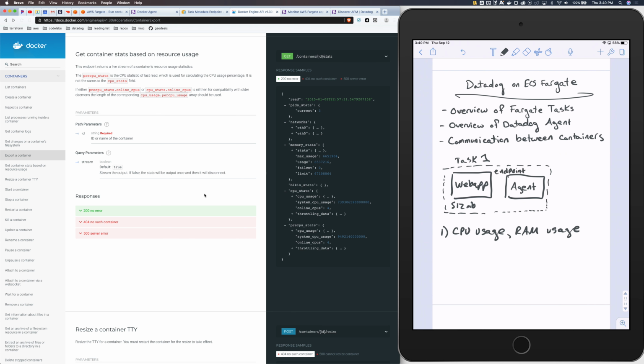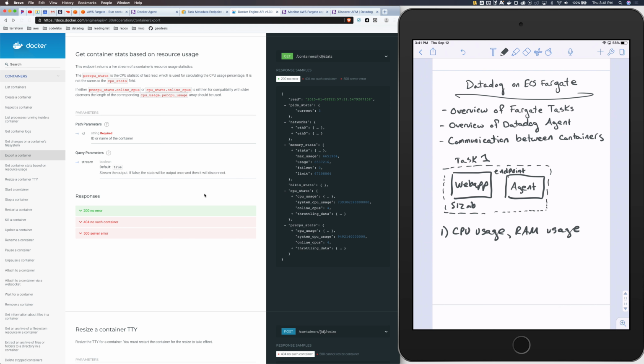And the Datadog agent, just by default, even if you don't have any code in your web app that's related to Datadog or anything related to your Datadog dashboards, just by putting this agent in the same task, the agent can go to that endpoint and say, hey, what other containers do I have around here? Oh, I have some web app, and it won't necessarily know that it's a web app, but it'll see there's some other container and it maybe has a couple of exposed ports. That's fine. I don't really care about them right now, but it's going to say, okay, what's the CPU usage,